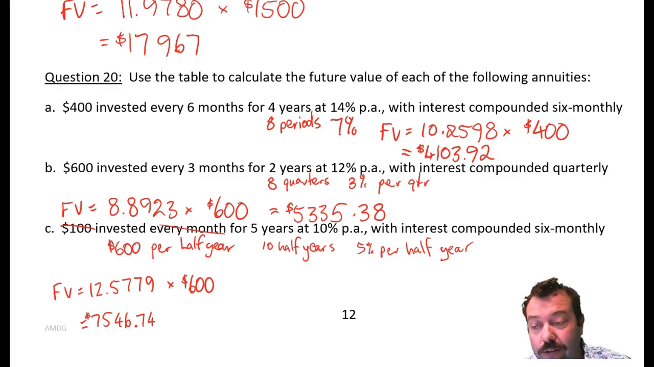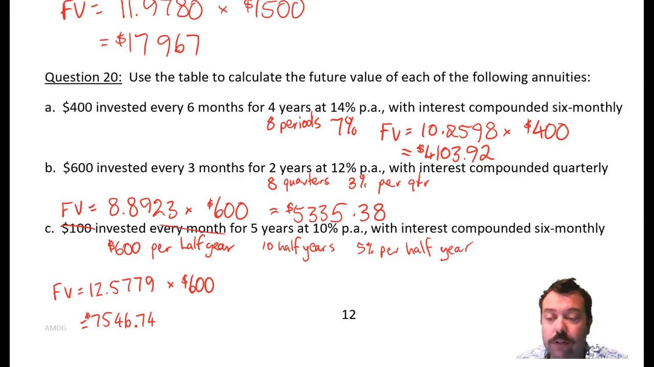If I'm putting $100 in every month for 5 years, well, consider this. $100 every month for 5 years means that I will be putting in $1,200 a year. 1,200 by 5 would be $6,000. Okay, and you can see the interest there is $1,546.74. Similar to that rough calculation we've just done off the top of our head here,